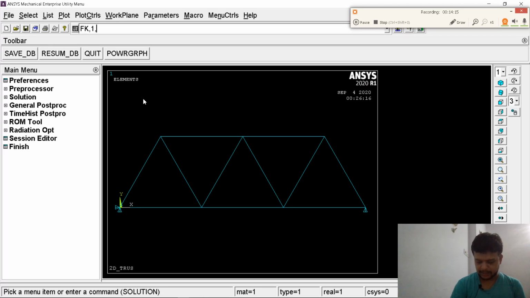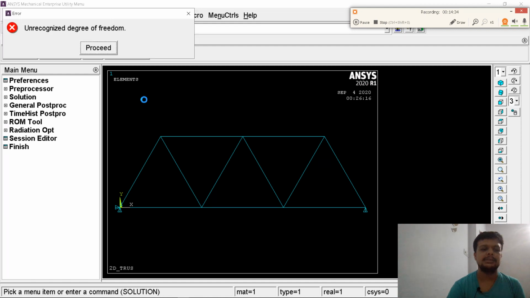And how much will I apply? I will apply a load of 280 kilonewton along the negative y-axis. So minus 280 E minus 3. It will create a load of 280 kilonewton at the first key point along the negative y-axis.